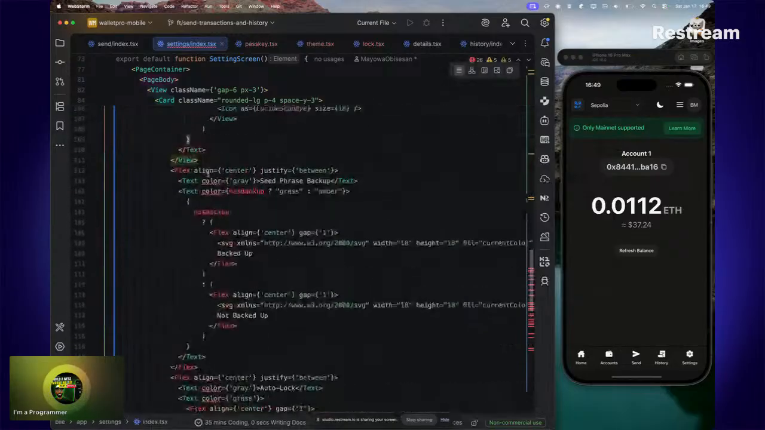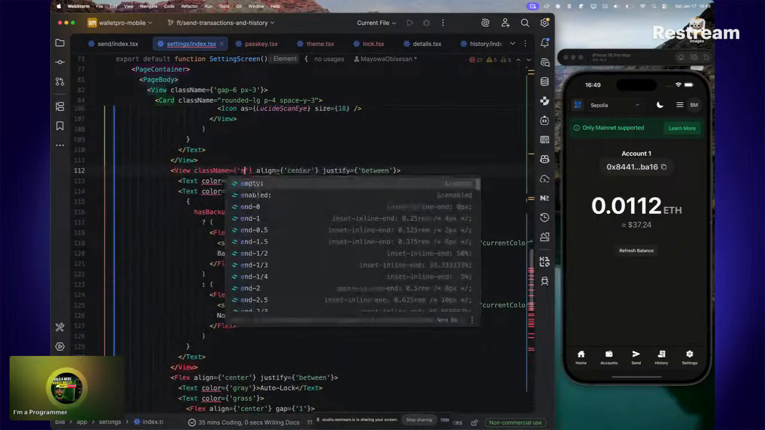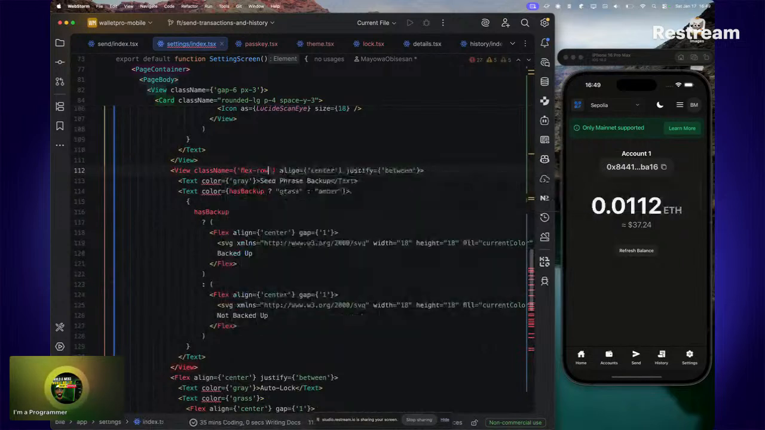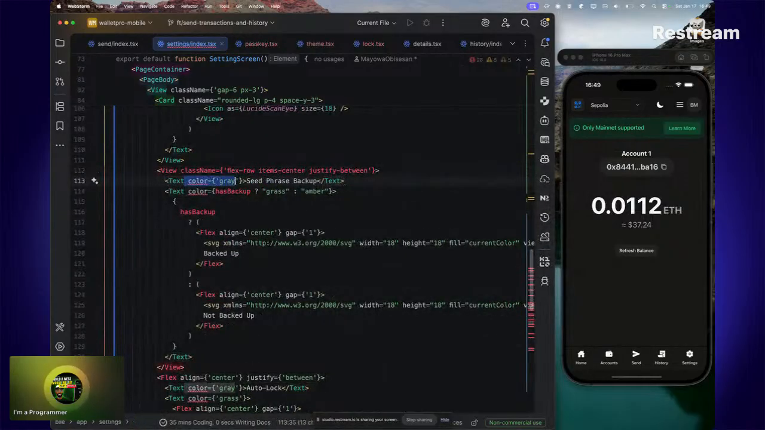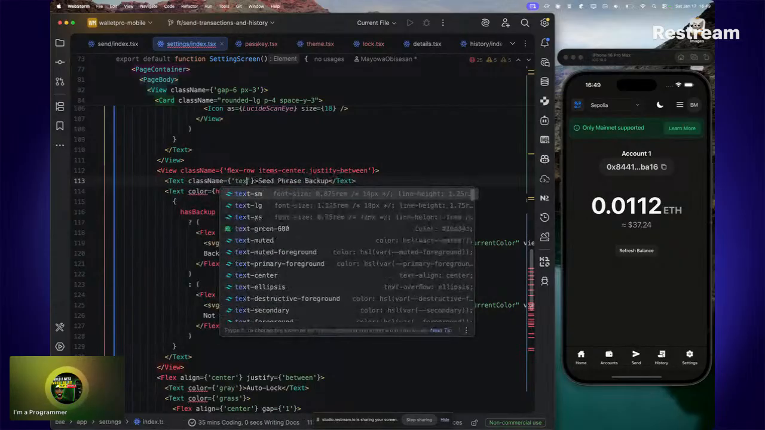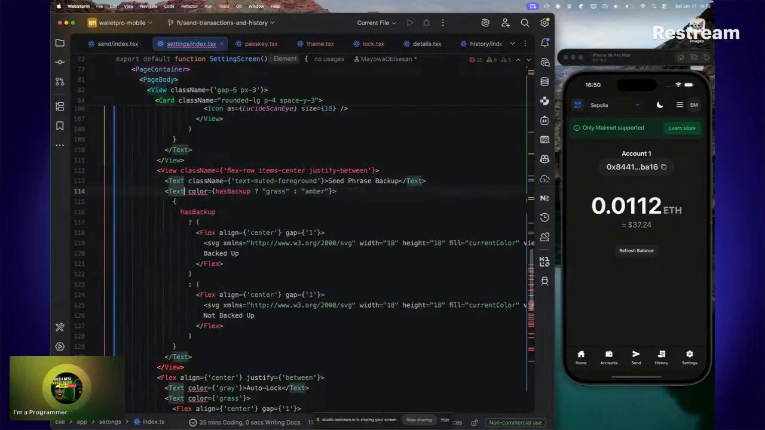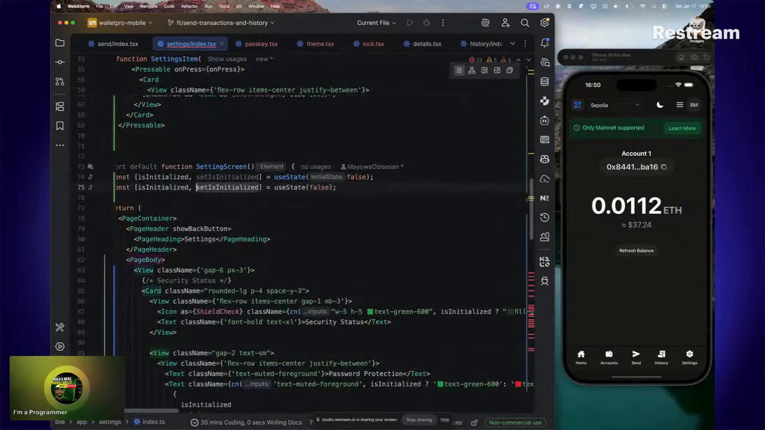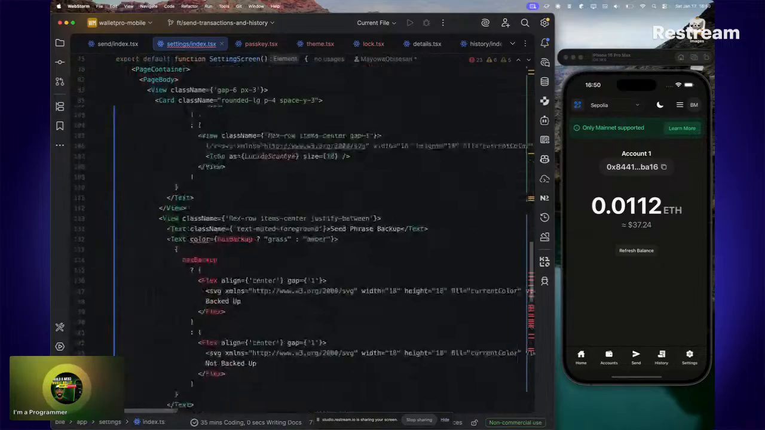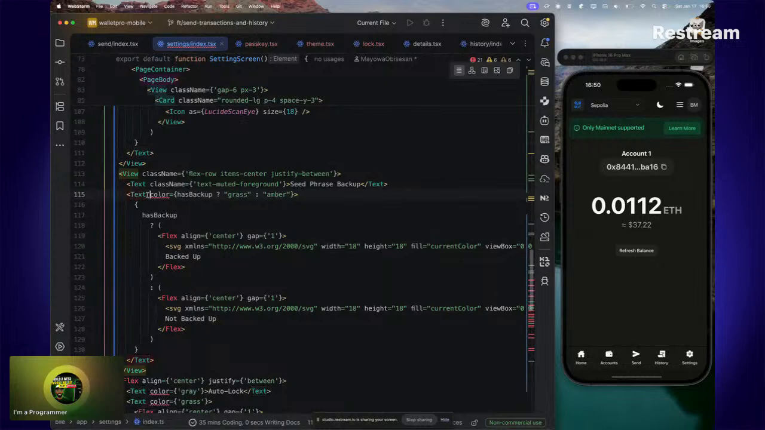The next thing is this one for the flex. It is going to be View, class name flex row items center justify between. We remove this. Same thing applies to this. We have class name text muted foreground. Then we have text color as backup. We implement something like that too. So let's just replicate this as backup. Set as backup is still false, so it's going to always show the false. So in this case, it's just going to be class name. So we're going to have a cn here